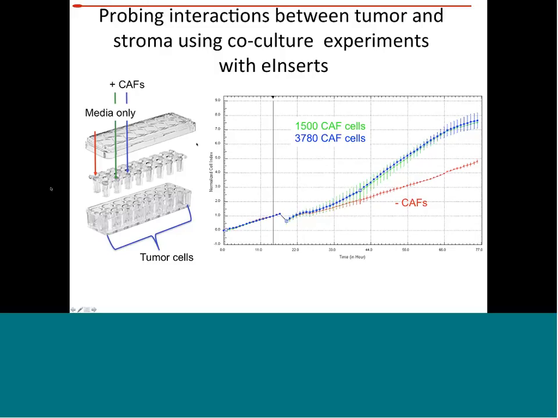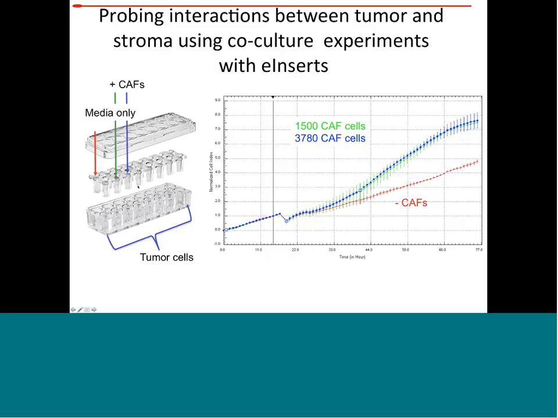So pictured here is the e-insert. And in this e-insert, you can put just media, or you can put cells in there. So you can add the cancer-associated fibroblasts or stellate cells or other tumor cells, whatever kind of cell populations you want to look at, you can add that cell type in this upper chamber. And then in the lower, or the receiver plate, you would add your tumor cells. So the cells do not come in contact, but the factors that they're secreting are released into this media when I insert that plate into here, and then I can monitor tumor cell proliferation based on what these cells